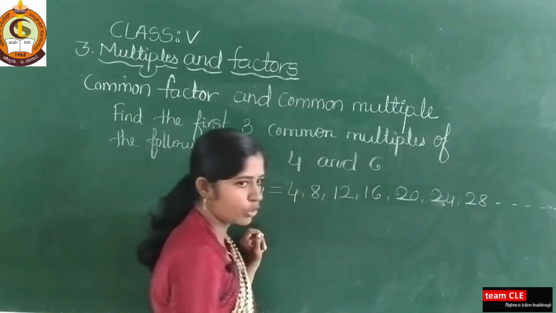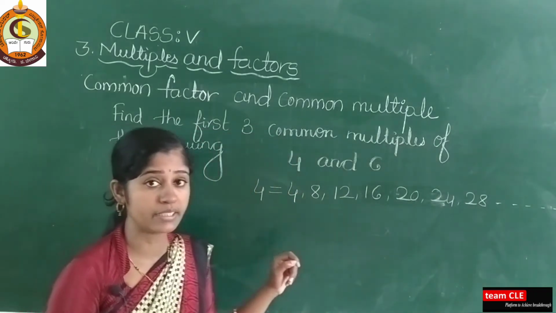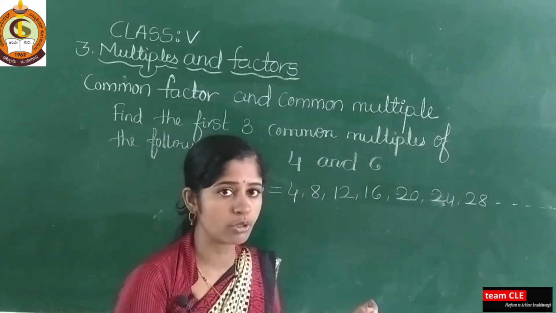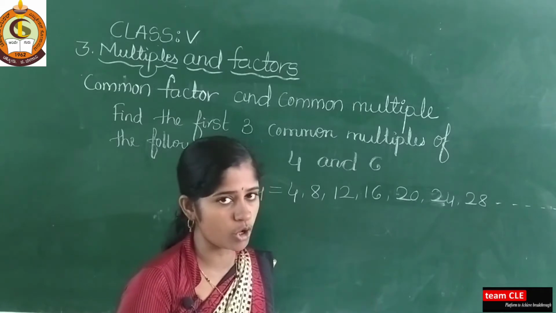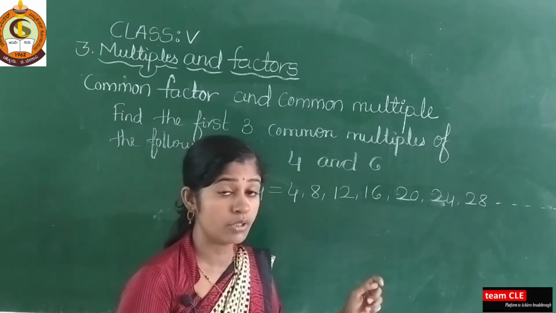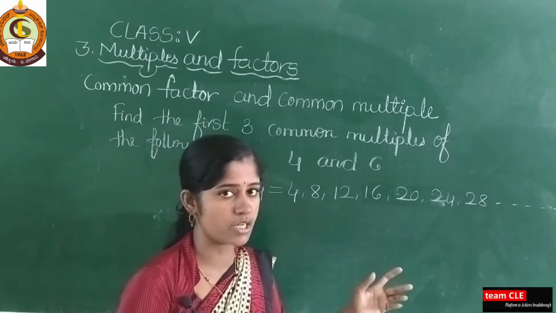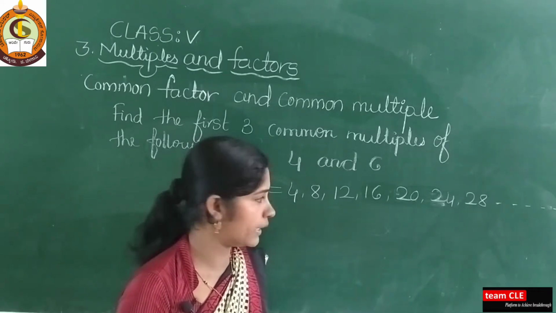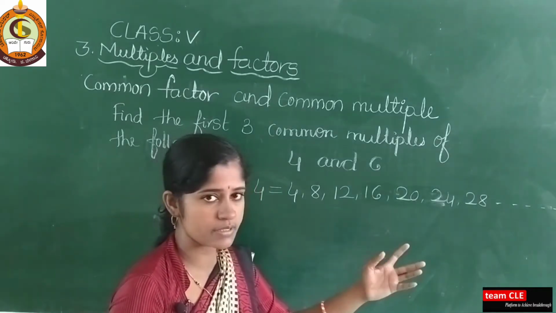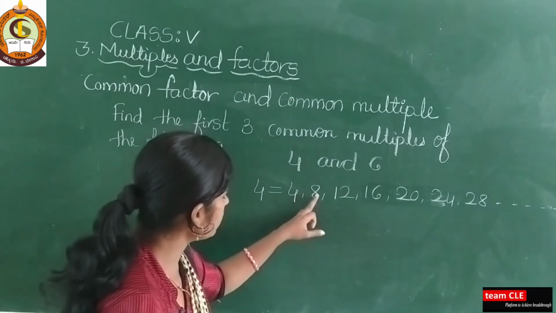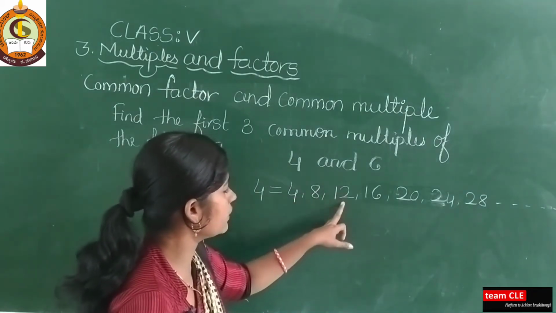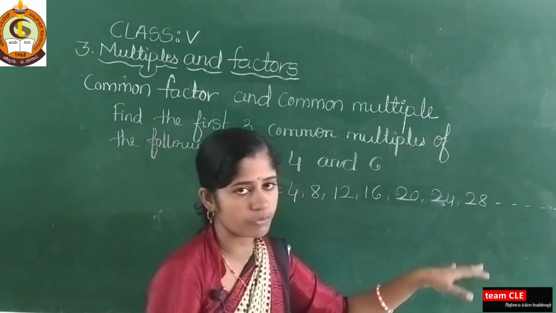And already I told you multiples are infinite in number. Saying 4 tens are 40 and it is over means it's completely wrong. Again 4 elevens, 4 twelves, 4 thirteens, 4 fourteens, up to 4 hundreds also multiples are there. So I wrote here the first some multiples: 4 ones are 4, 4 twos are 8, 12, 16, 20, 24, 28, and so on.